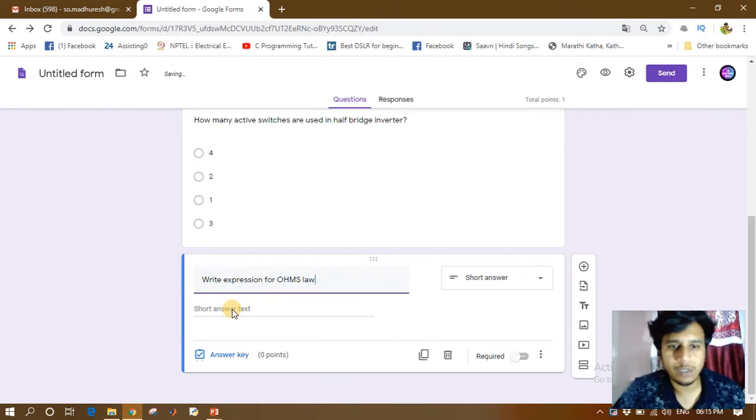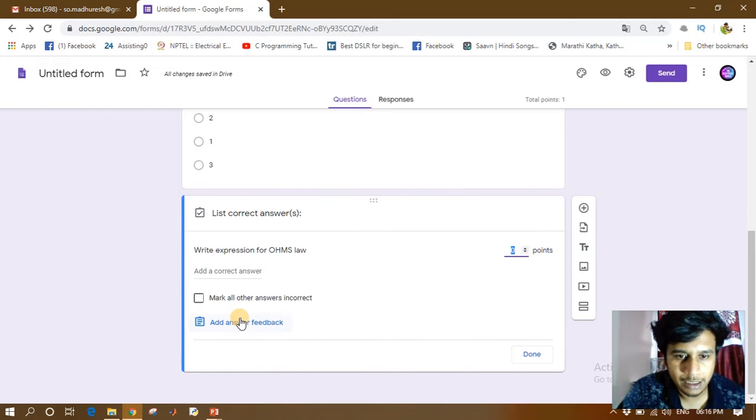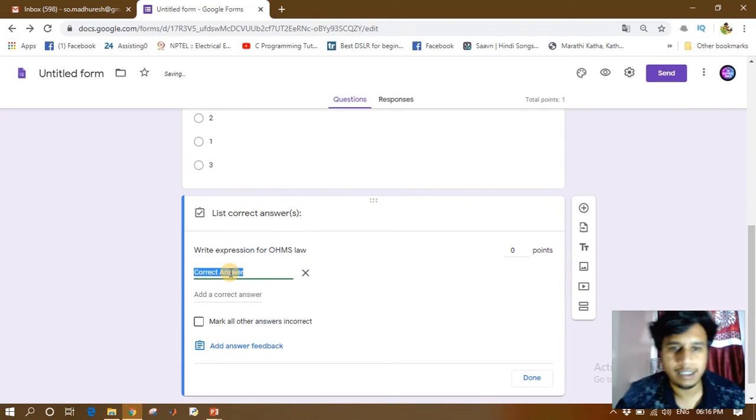So now this is our question and we are not going to provide any options for this. Here the student needs to write the answer, and we can store our answer by just clicking on this add a correct answer. So here we can write it, that is V is equal to I into R.